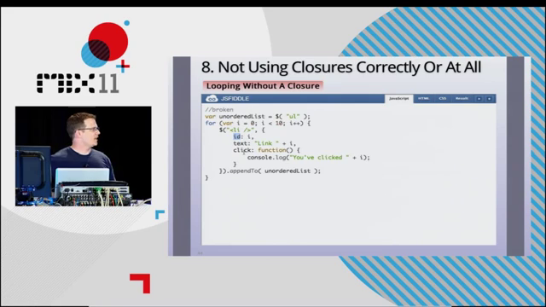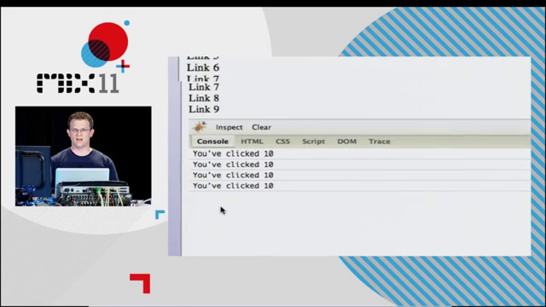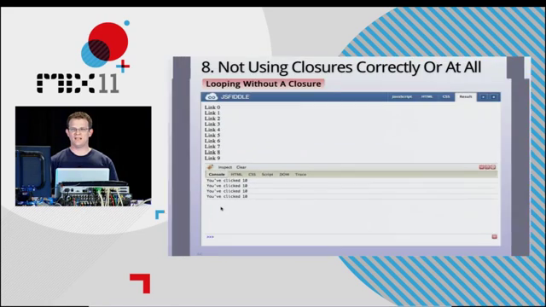And so the developer also said, well, I think it would be cool if I had a click function that when I click the list item, it says, hey, you've clicked 0, you've clicked 1, you've clicked 2. Now this code is broken, and it might not be obvious, but the result looks like what you want. But if you click on any of them, you get the same result, which is you've clicked 10, you've clicked 10, you've clicked 10. And that's mainly because